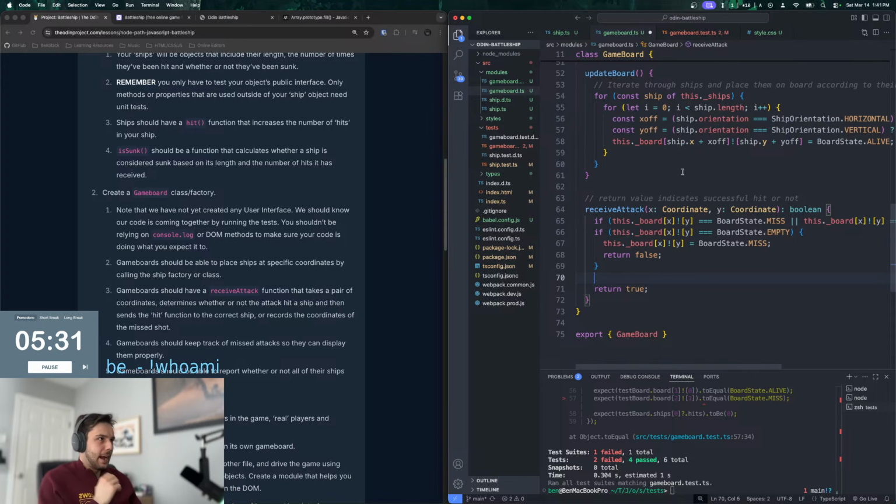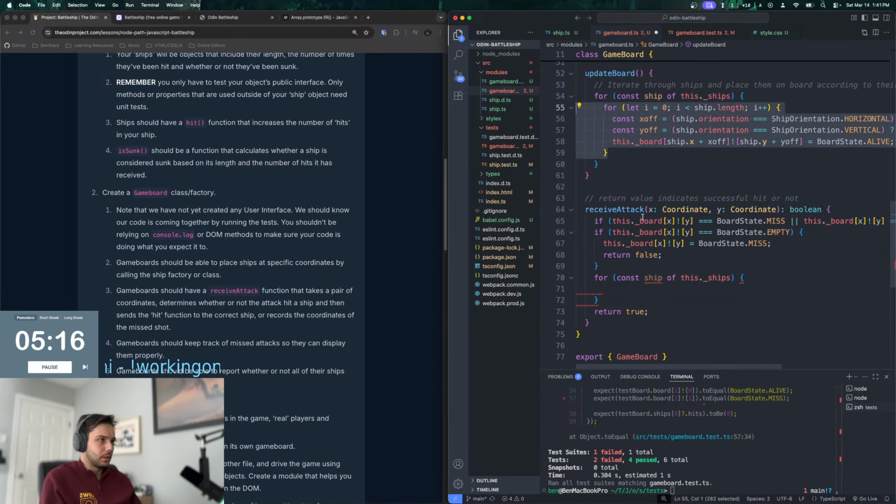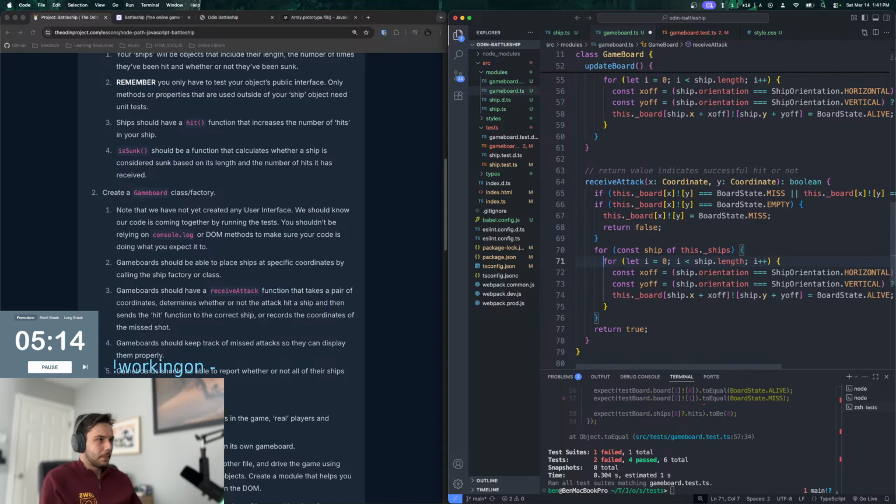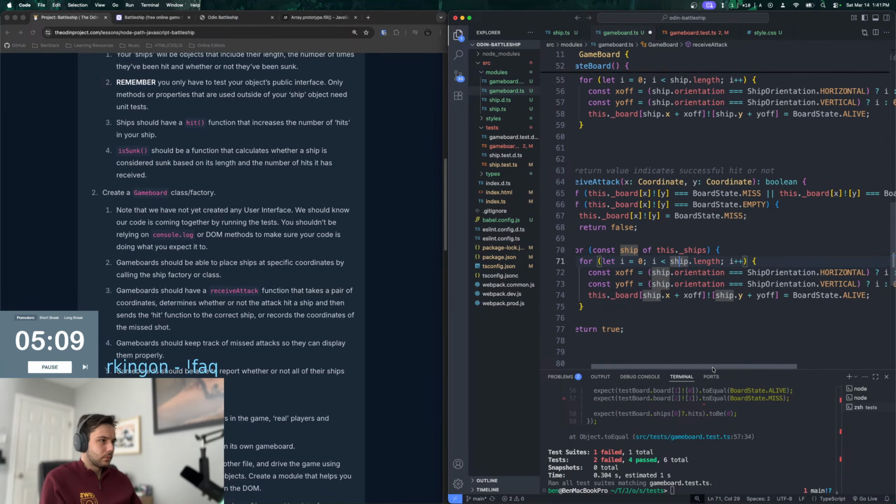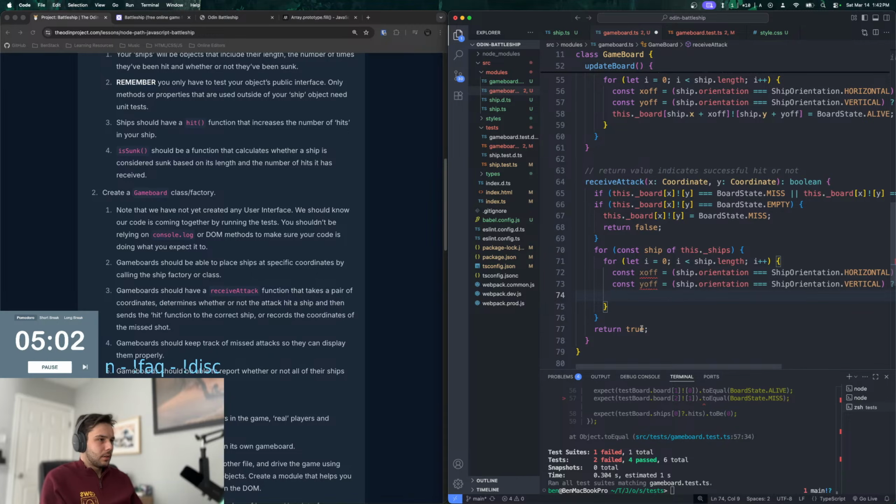So now we iterate through the ships, right? So we do for const ship of this dot. I love how I automatically type shit. That's so funny. Okay, so then we will do a very similar thing to this, where we iterate through the ship length. Except we don't want this. We need to check if this dot board